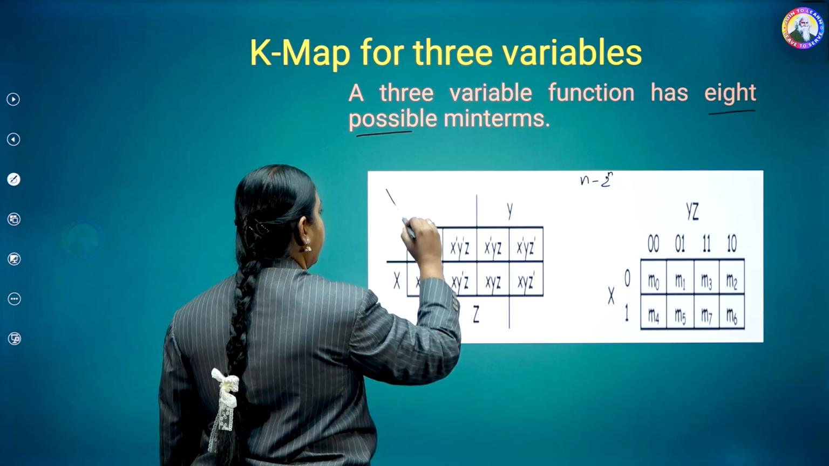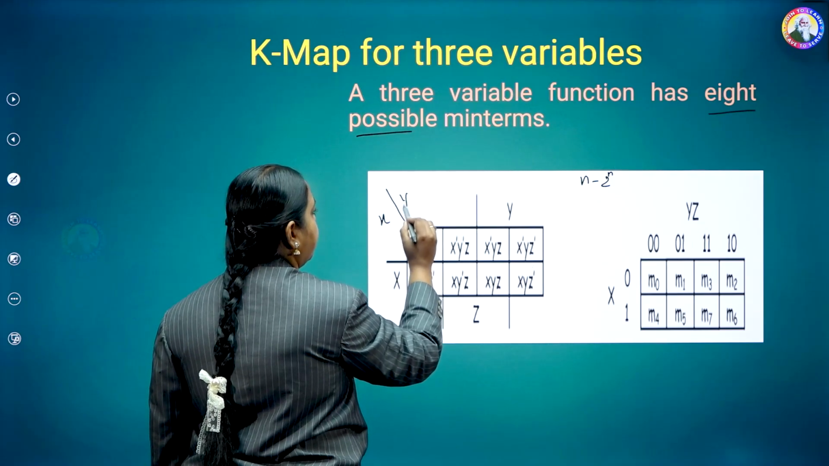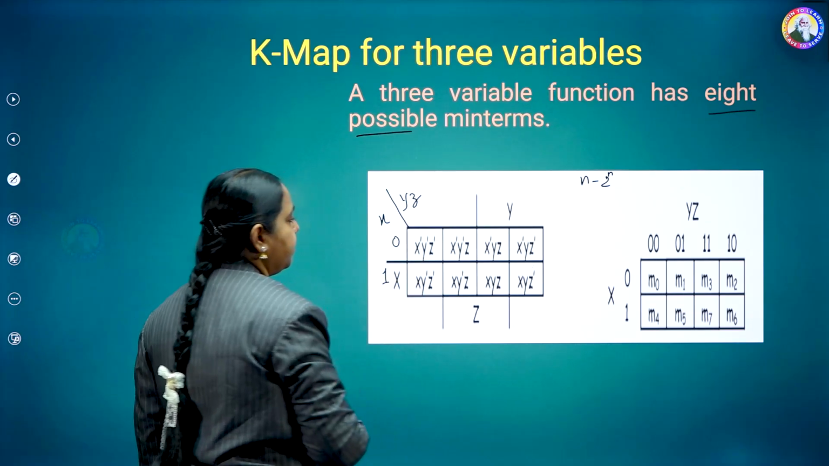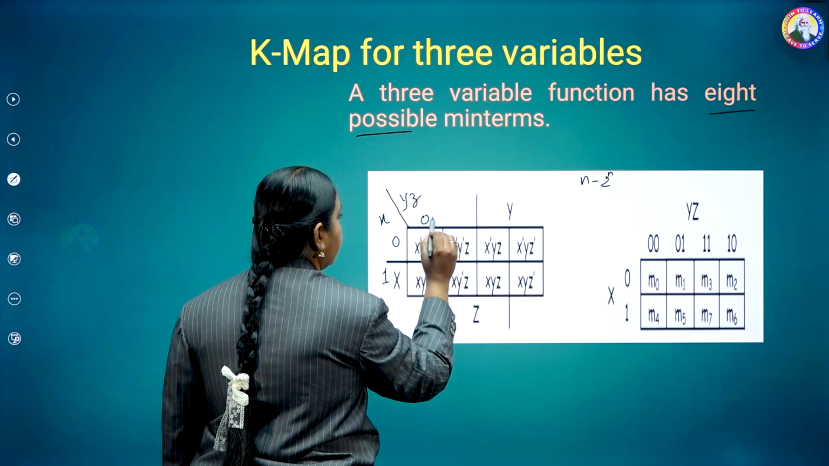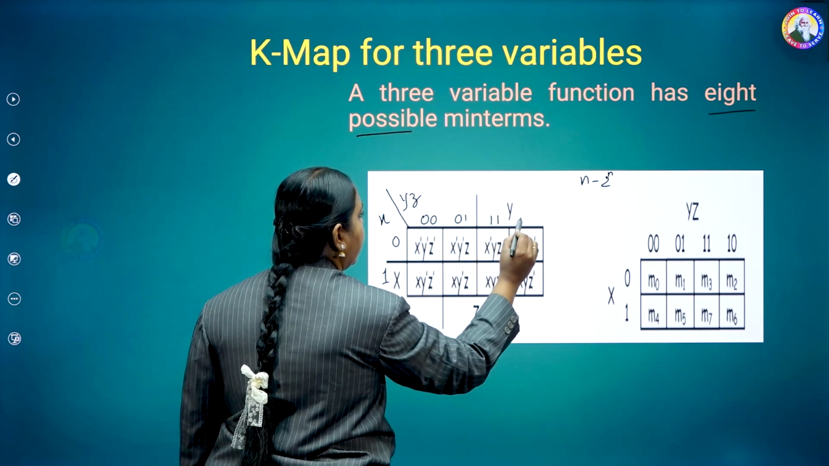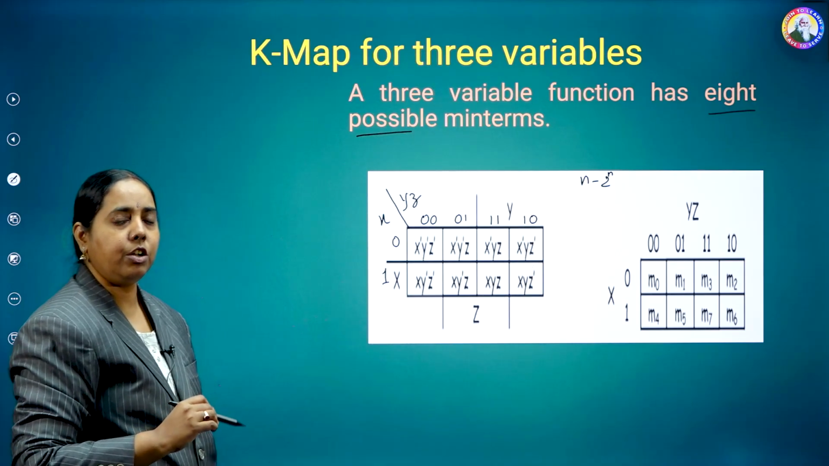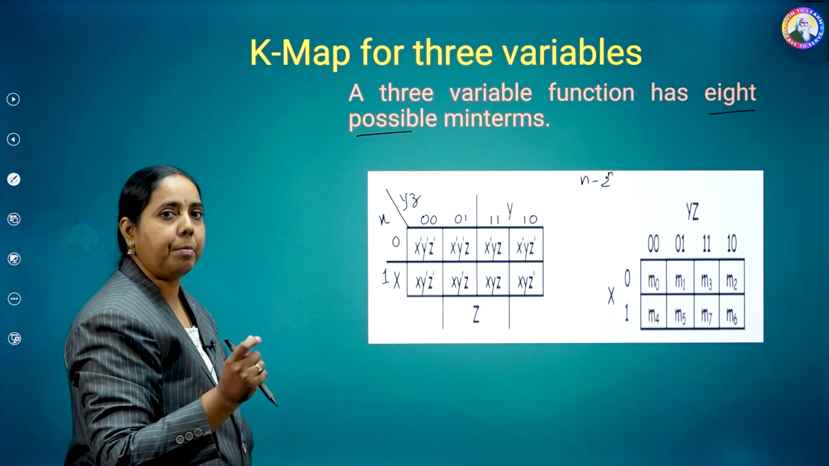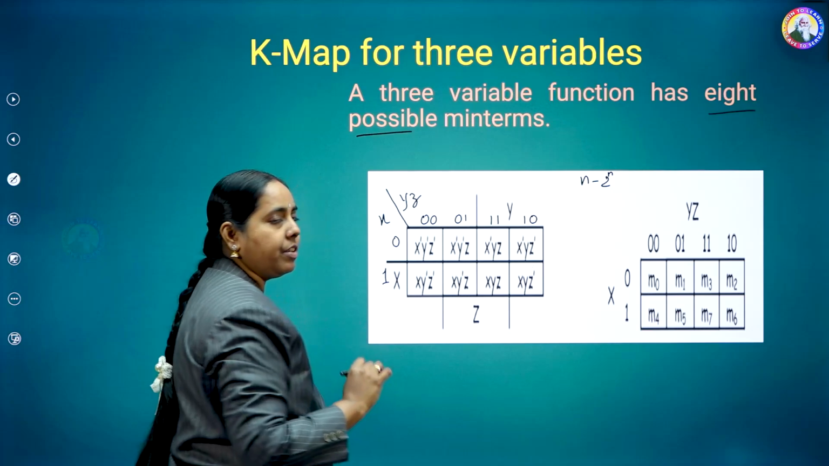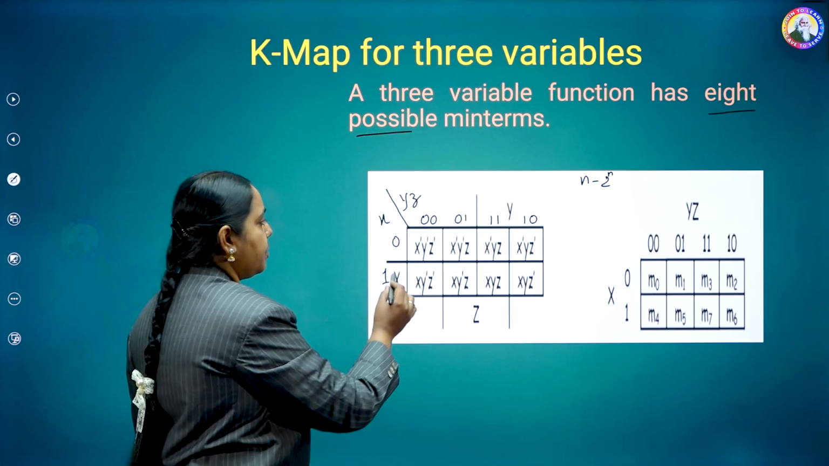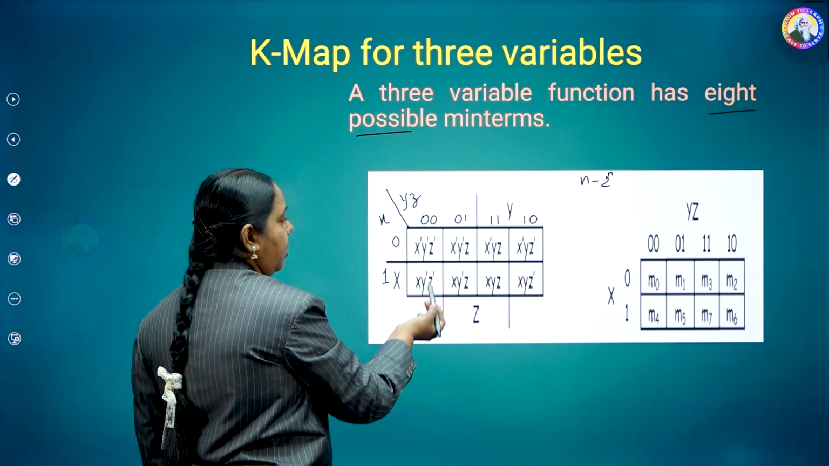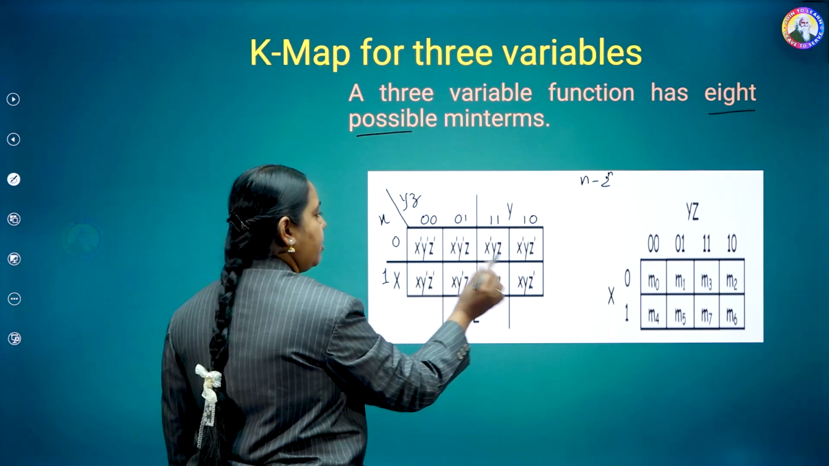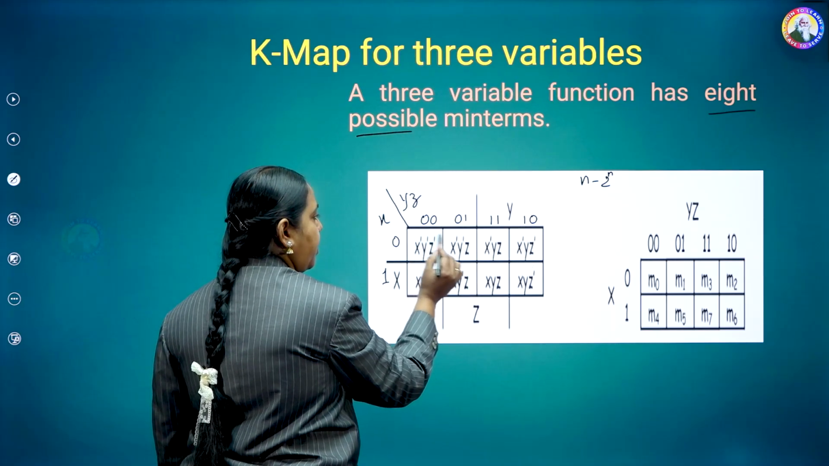In this 3 variable K-map, this represents x and this represents yz. Here it is 0, here it is 1. With respect to the horizontal, 0, 0, 0, 1, 1, 1, 1, 0. One thing that we need to follow in representing a K-map is adjacency. If you compare the adjacent cells, there should be only 1 bit difference. If you observe, if I compare the vertical cells, all the cells have only 1 bit difference. Likewise, if you compare the horizontally adjacent cells,